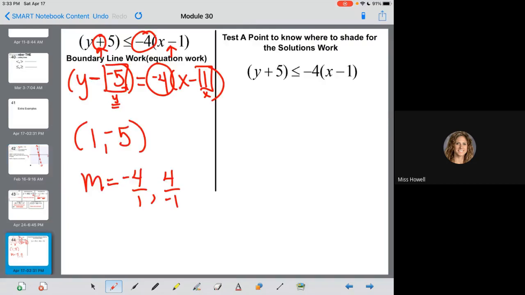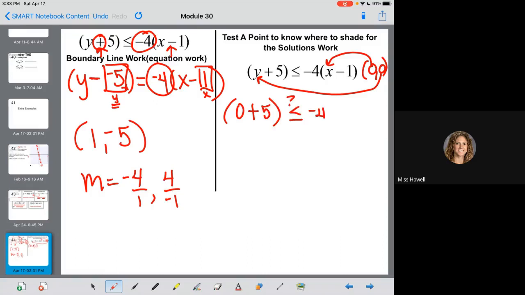So I'm going to test 0, 0. All right, this 0 goes here. That's our x. That 0 goes there. Let's see if it works. 0 plus 5. When we do that addition there, will give us something less than or equal to -4 times